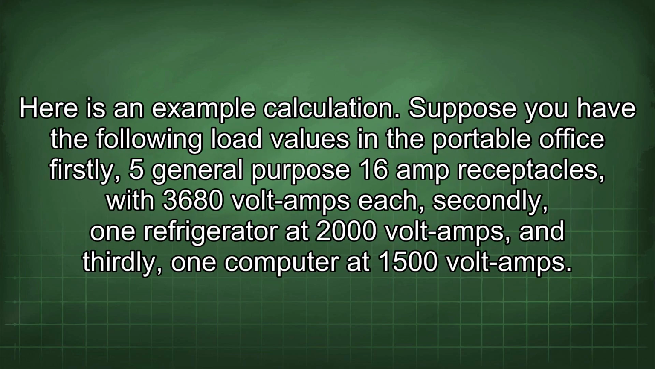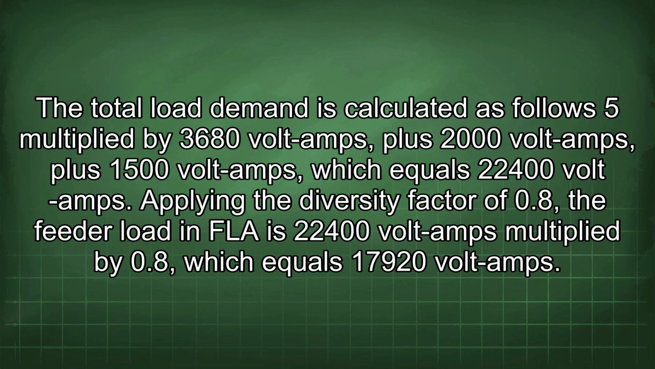Here is an example calculation. Suppose you have the following load values in the portable office. Firstly, 5 general-purpose 16-amp receptacles with 3,680 volt-amps each. Secondly, 1 refrigerator at 2,000 volt-amps. And thirdly, 1 computer at 1,500 volt-amps. The total load demand is calculated as follows: 5 multiplied by 3,680 volt-amps plus 2,000 volt-amps plus 1,500 volt-amps, which